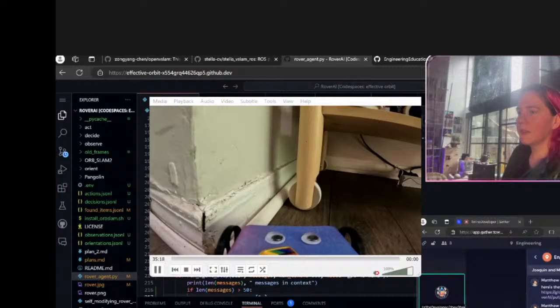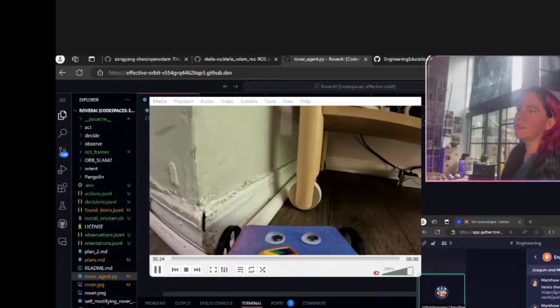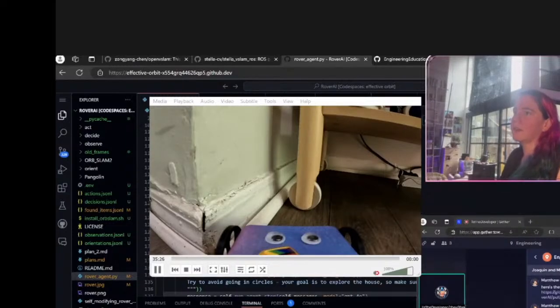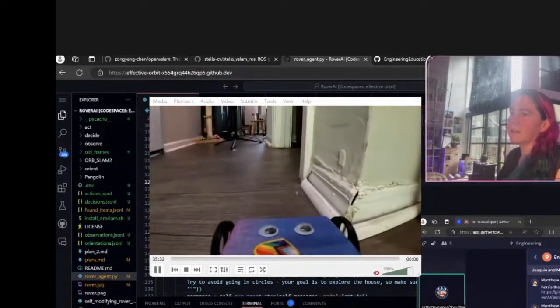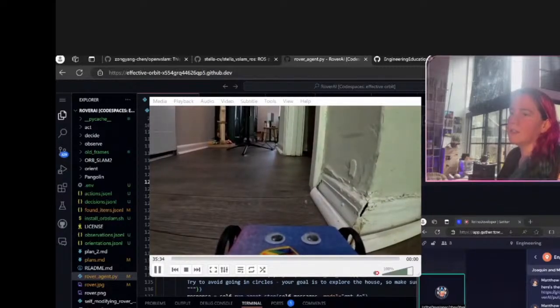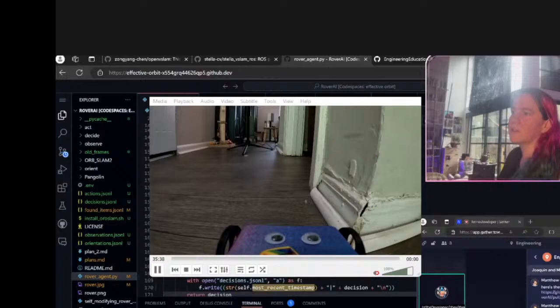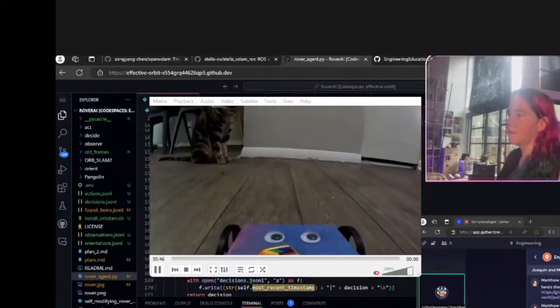What else gets printed out? We've got the items that we're finding. I've got those in a file, so I don't need to print those out as well. I'll comment this out. And what else? Okay, so then we'll just see the observations, and with the action, we can see the action. That sounds good. So I'm going to kill the rover, start the rover again.